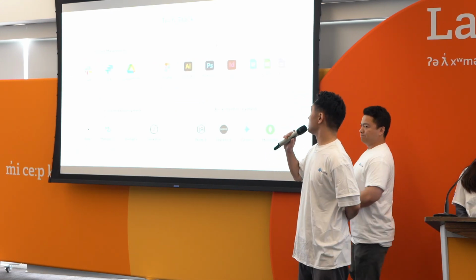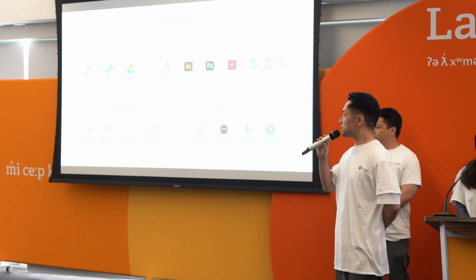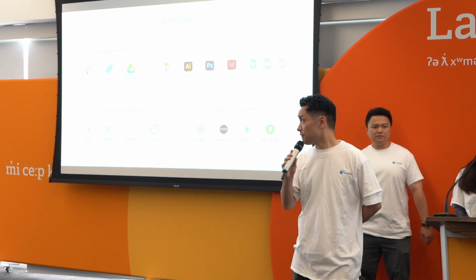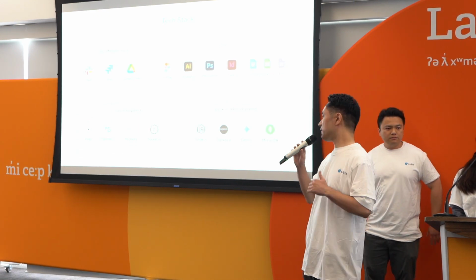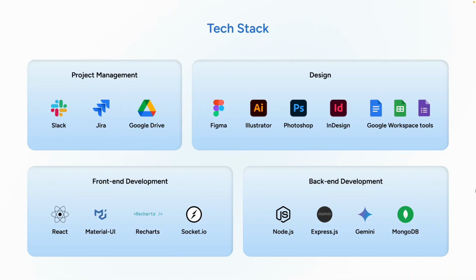I'm going to explain about the tech stack. Cubie's foundation is built on a robust tech stack. For the front end, we use React to create an intuitive and highly responsive user interface. This enables interactive content exchange between teachers and students, and it allows dynamic visualization of the students' performance data.